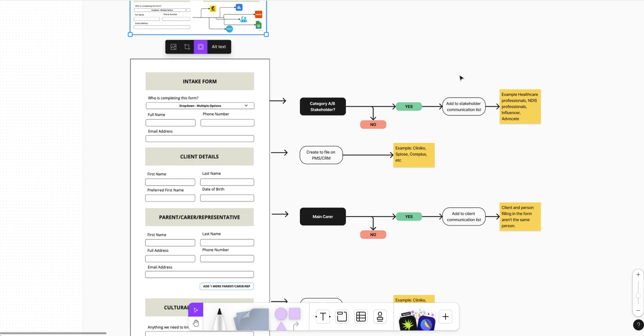Let's say, for example, this is a healthcare professional who is referring a client, but is not necessarily caring for or representing the client. Then we will have their name and information added to a stakeholder communication list. So when you want to send an email to all the healthcare professionals, you will be able to target them because they've been tagged and their information has been captured.